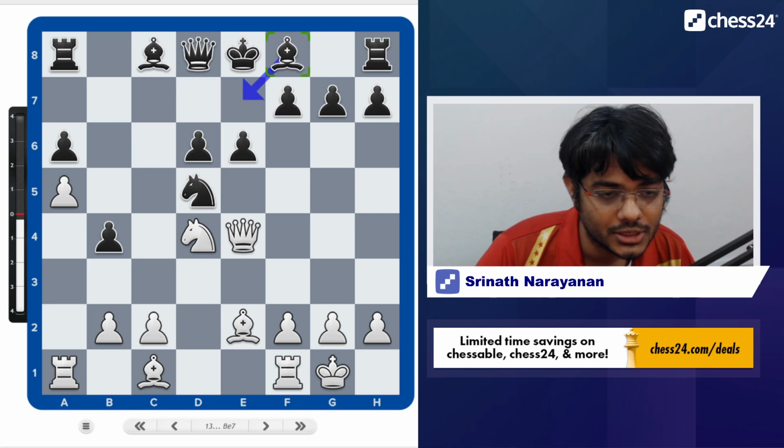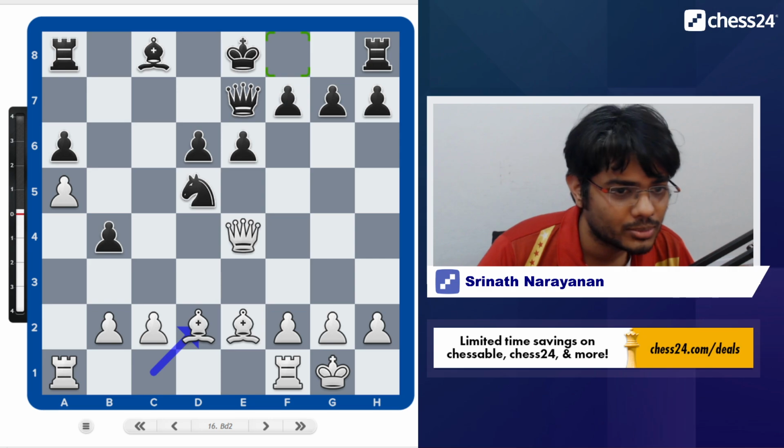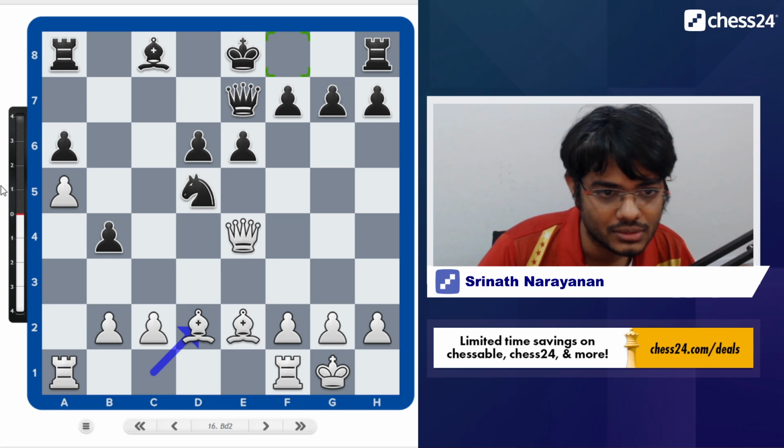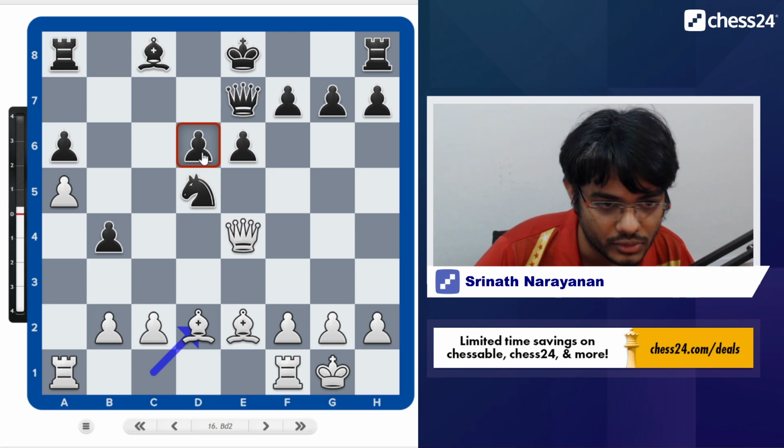If black started with Be7 here, then after Nc6, Qc7, Nxe7, Qxe7, Bd2, white's position would be better because white has captured black's dark square bishop and has the pair of bishops. And without the dark square bishop, usually the d6 point tends to be a bit fragile. So this is a slightly better position for white from a strategic point of view.